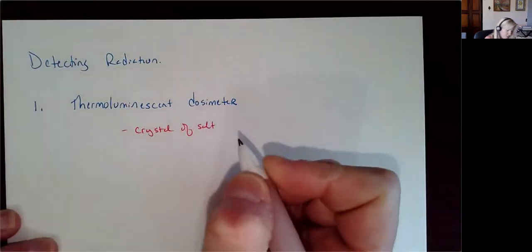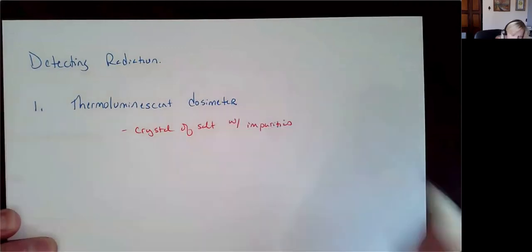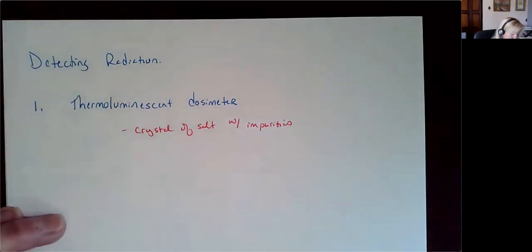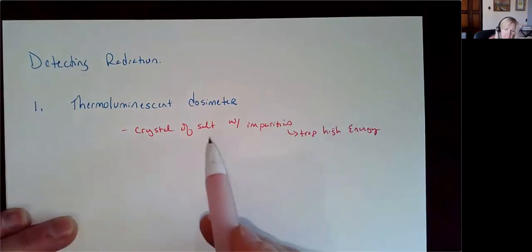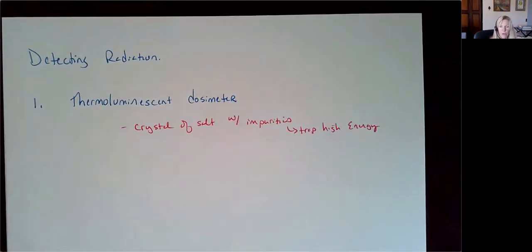So it's a salt crystal with impurities, meaning that there's impurities in that salt crystal. So it's not just completely cation, anion, there's some impurities in there. And those impurities are going to trap energy. So I'm going to take this dosimeter, I'm going to wear it. And it's really portable and really small because it's just a crystal of salt. Let's say I wear it for a week,